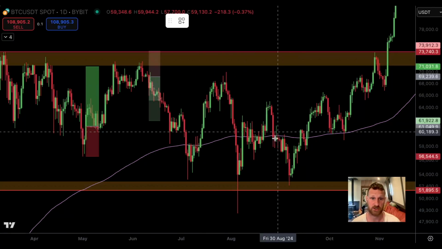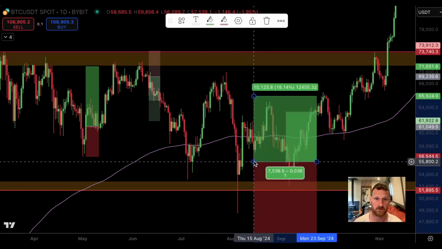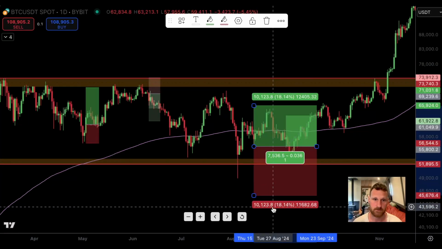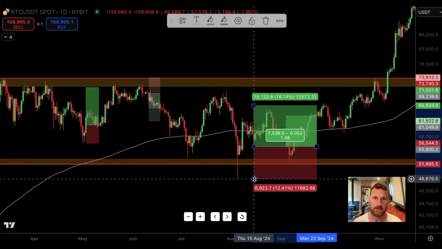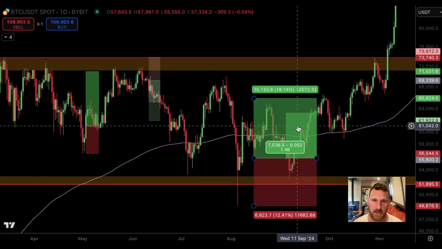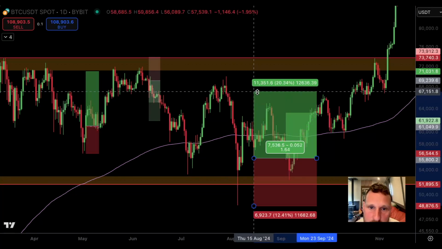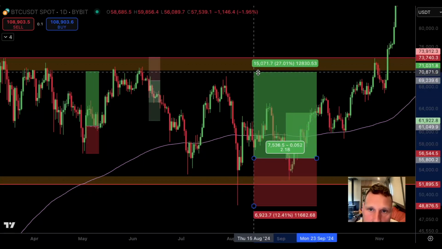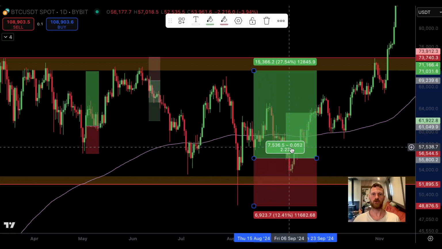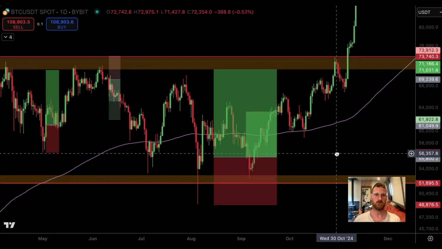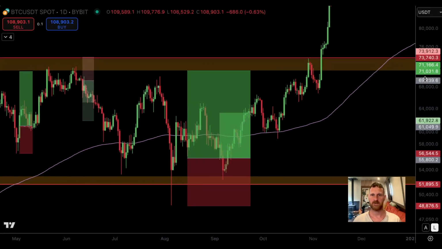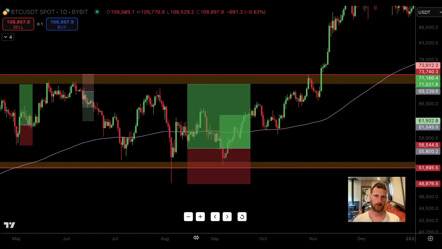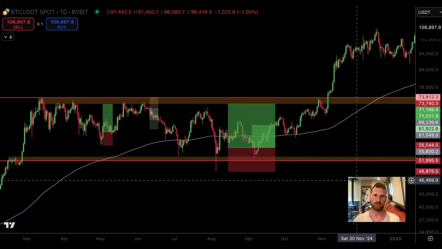Now we've got larger targets to go for overall. Once that swing failure's happened, we can put the stop loss below there again, set our take profit up here again, another trade at 2.22, and finally we get the big breakout, and we'll discuss